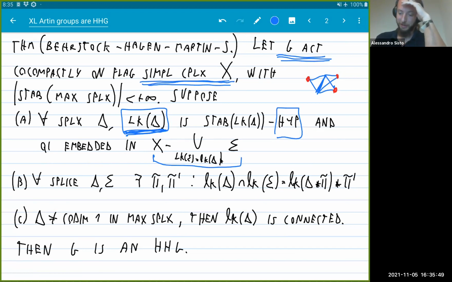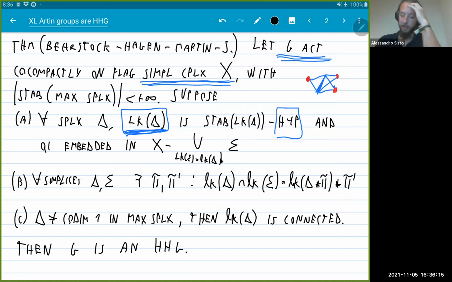This is maybe the more mysterious part of the definition, but okay, there's a certain space which is contained in a certain other space, and those are Q embedded. Okay, so for all simplices,